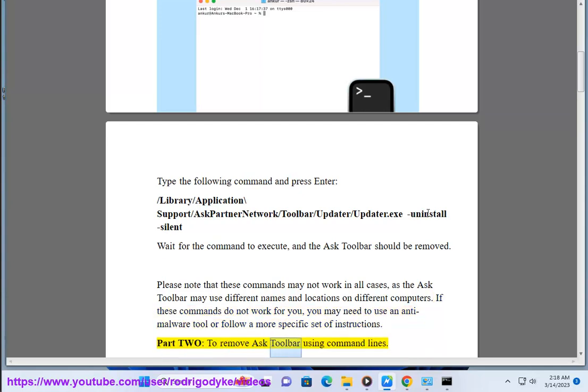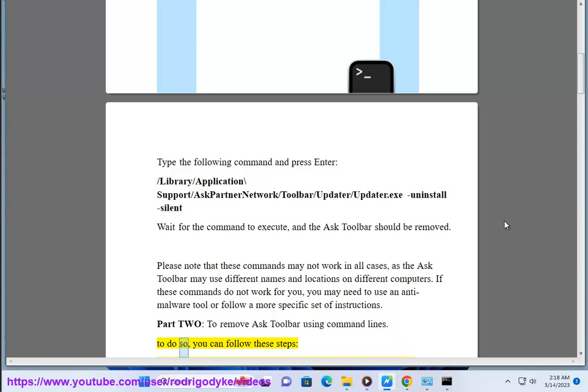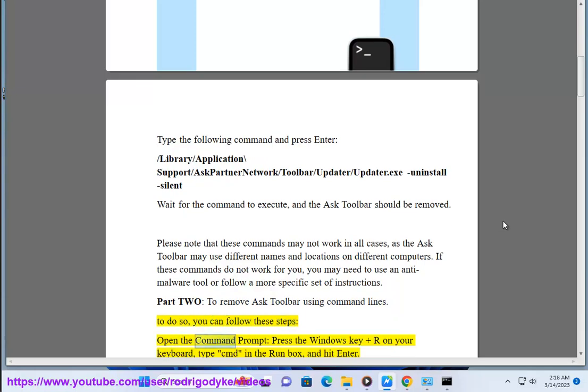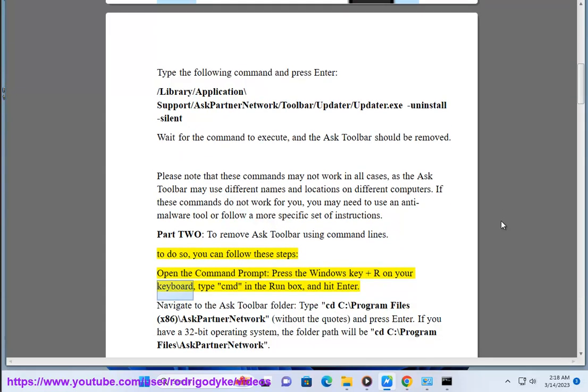Part 2, to remove Ask Toolbar using command lines. To do so, you can follow these steps. Open the command prompt: press the Windows key plus R on your keyboard, type CMD in the Run box, and hit Enter. Navigate to the Ask Toolbar folder. Type cd c:/